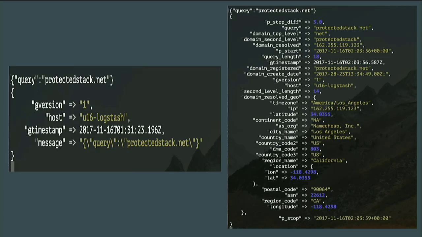Maybe the source of this lookup is a high-value target in my HR department, or because I'm in higher ed, my student accounts department, right? Maybe the destination is not Los Angeles. Maybe it's, I don't know, Moscow. Maybe it's my favorite bulletproof hosting center in the Netherlands, where it feels like everything for a particular virus family is based out of.